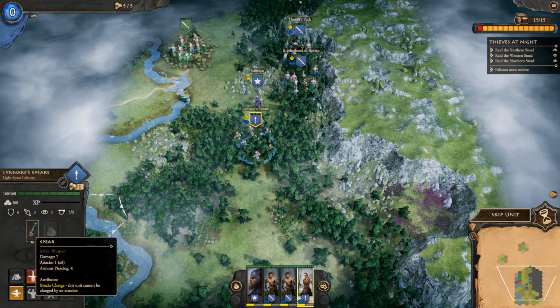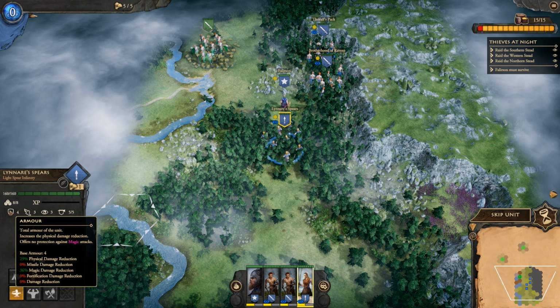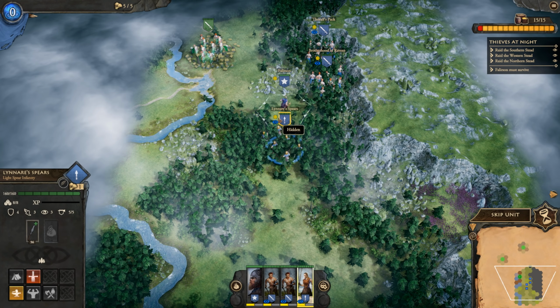They have slightly lower damage. It's 7 times 8, which is some amount of damage. I can't remember how to do the math off the top of my head. But more importantly, they pierce 4 armor. And you can see here, 4 armor gives you roughly 30% physical damage reduction. If you take a moment to look at Philirson, he has 5 armor, so he has about 36% physical damage